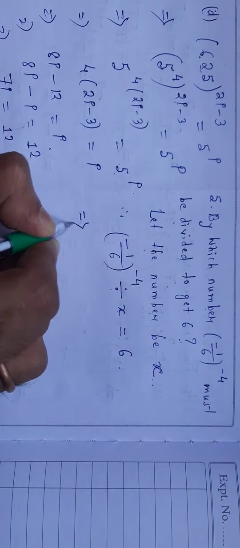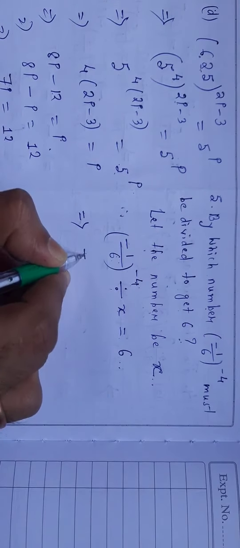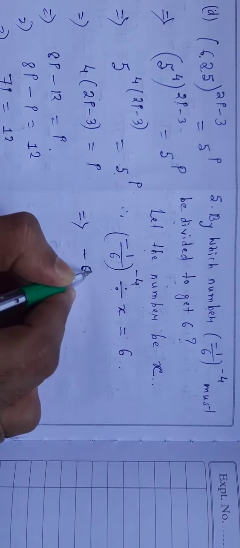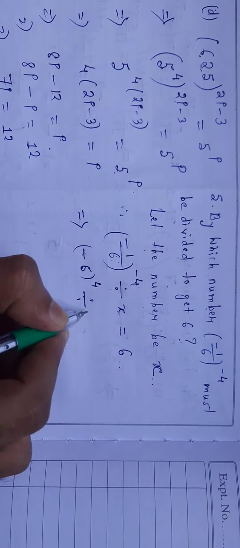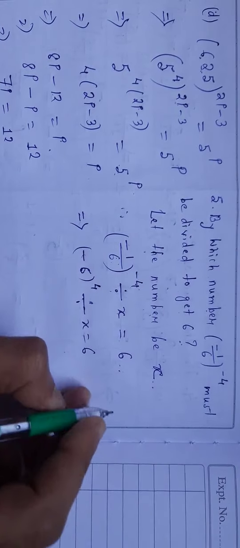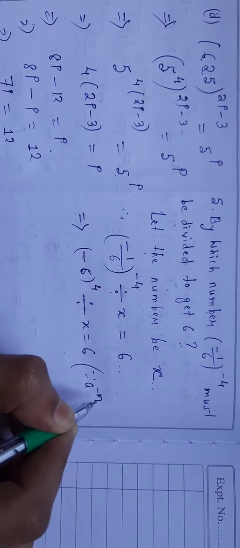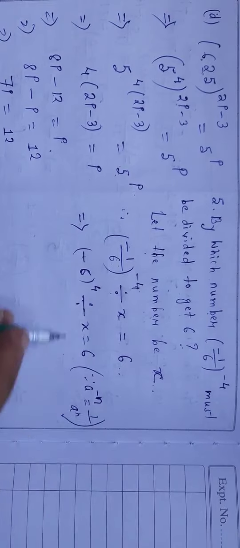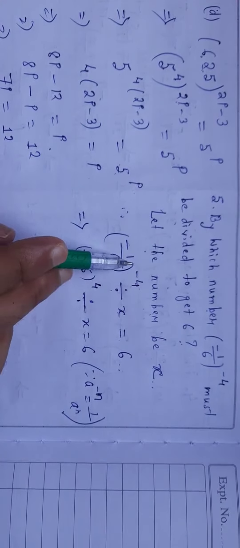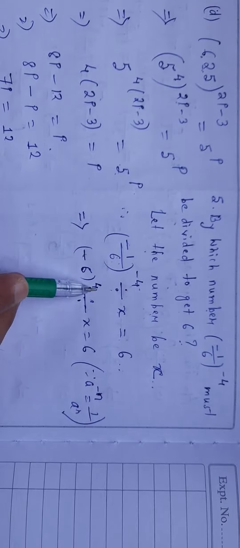Which can be written as, now since this is of the form a to the power minus n, a to the power minus n can be written as a to the power n. So I can write minus 6 to the power positive 4 divided by x equal to 6. Reason is, since a to the power minus n equals 1 by a to the power n. Okay. So minus 1 by 6 to the power minus 4 can be written as minus 6 to the power plus 4,